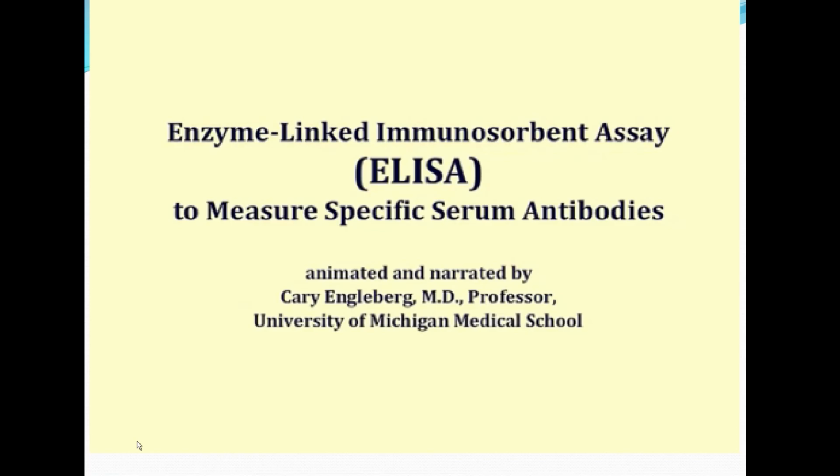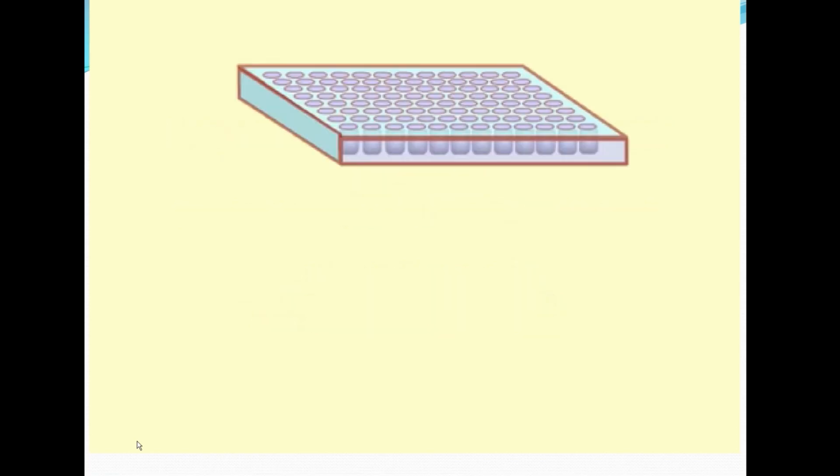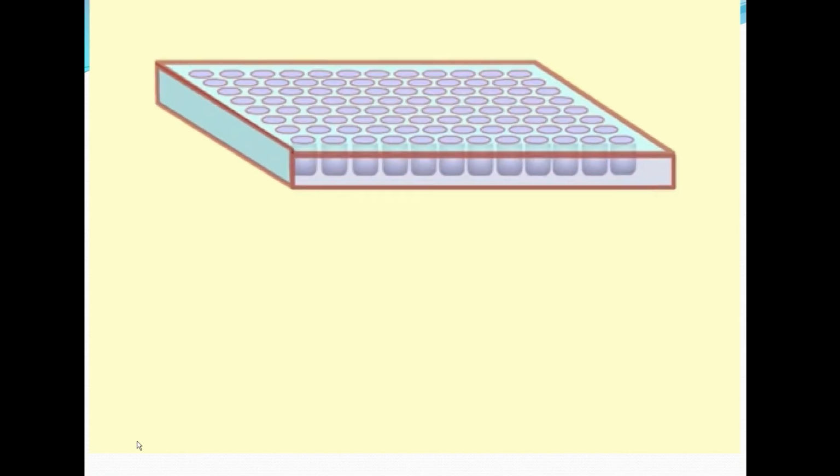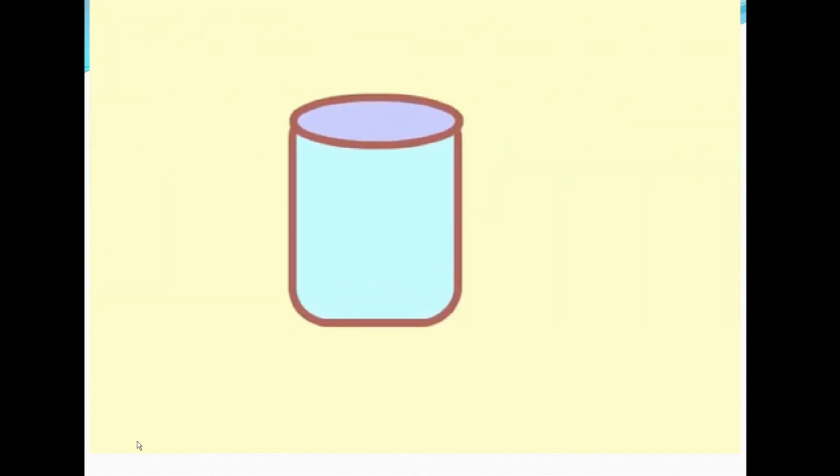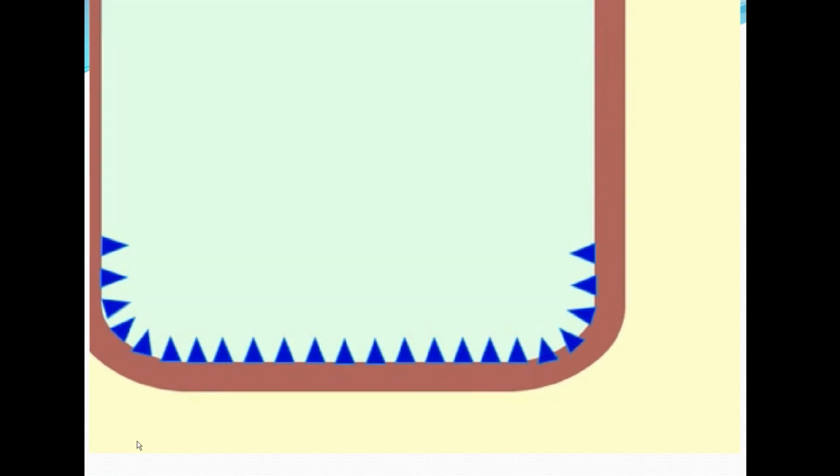The purpose of this animation is to explain how this test works. ELISA serologies are usually done in multi-well microtiter plates so that dilutions of serum can be easily prepared and tested. To better understand how this assay is done, let's take a closer look at what happens in one of the wells of this assay plate. To perform the assay, the wells of the plate are coated with the antigen of interest. For commercial tests, this would be done by the manufacturer of the assay.